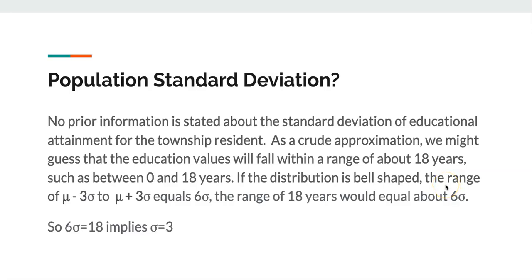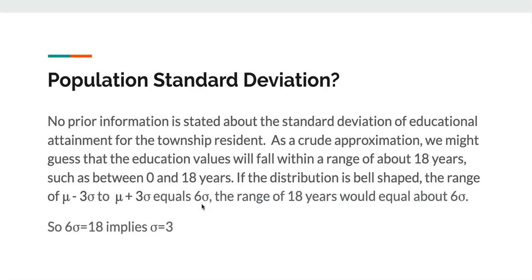goes from 3 standard deviations below to 3 standard deviations above the mean. If you add them together, mu minus 3 standard deviations to mu plus 3 standard deviations, that's 3 to the right and 3 to the left, right? So we're going to have 6 standard deviation pieces, right? And if the range is 18, I can divide 18 by 6. So what we're guessing is the standard deviation is going to be approximately 3 years, assuming that a